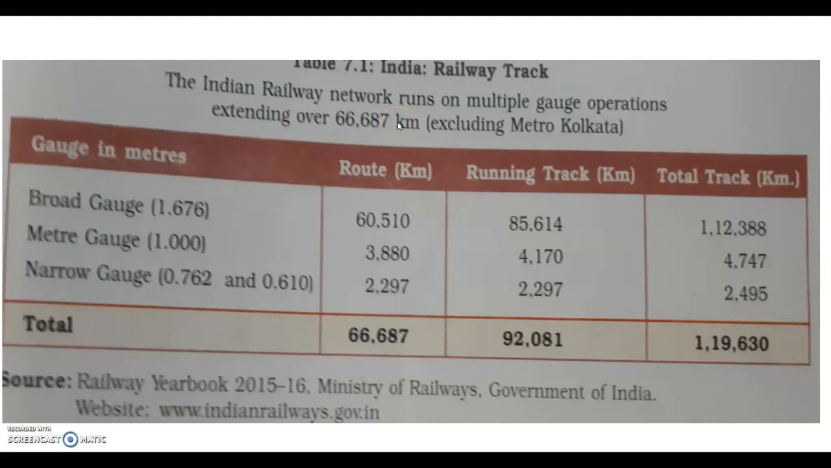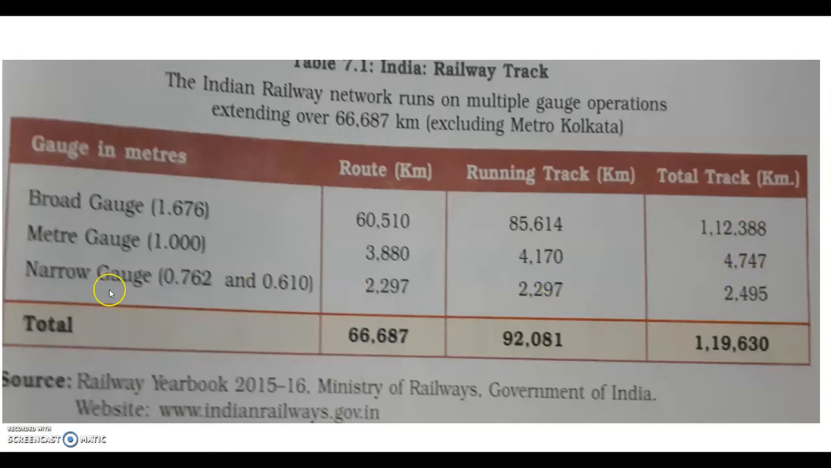66,687 kilometers, excluding Metro Kolkata. So there are three gauges: broad gauge, meter gauge, and narrow gauge. Then routes in kilometers. Broad gauge 60,510 kilometers, and running track 85,614. Then total track in kilometers 1,12,388. Then meter gauge 3,880 kilometers and running track 4,170 kilometers